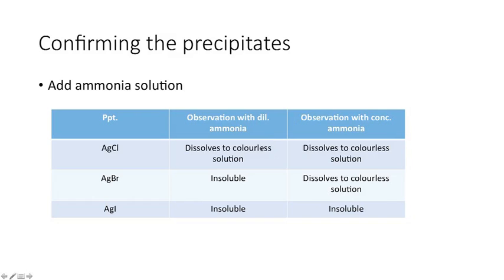So in both dilute and concentrated, our chloride will dissolve to a colourless solution. With dilute ammonia, bromide won't, but it will with concentrated, and with iodide, they will both be insoluble. So this is a good way to test between